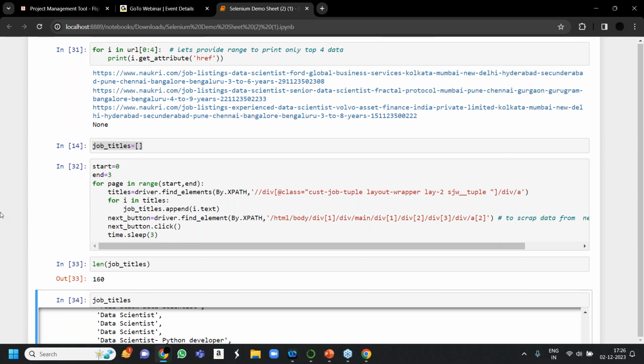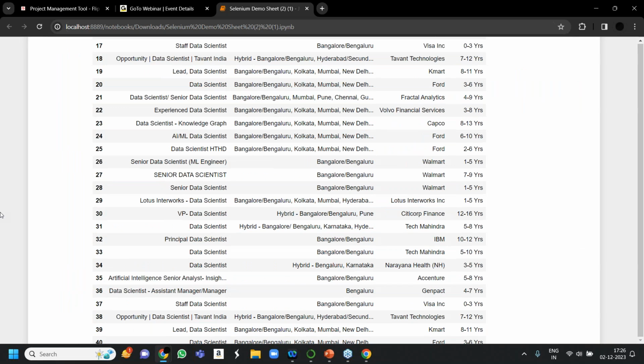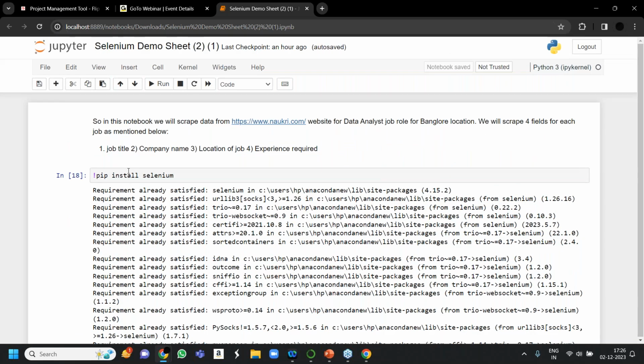So there were only 3 parts: scrapping from one page, second was scrapping the URL, third was scrapping from multiple pages. So that's all what Selenium does, and that is why Selenium is different from Beautiful Soup. Using Beautiful Soup, you cannot jump to the next page or scrap data from the next page. So that is why Selenium is much easier. It depends on person to person, but I think Selenium is much easier and much more useful. You can tell me later on which one you think is easier.